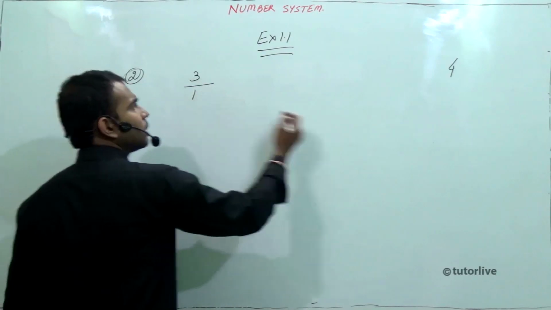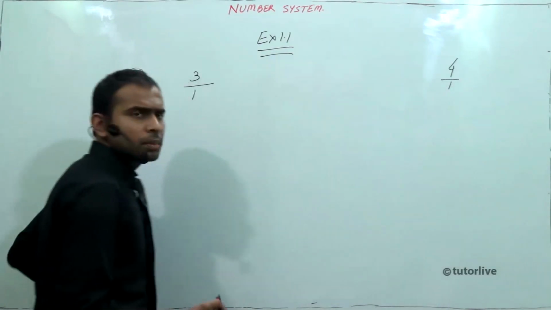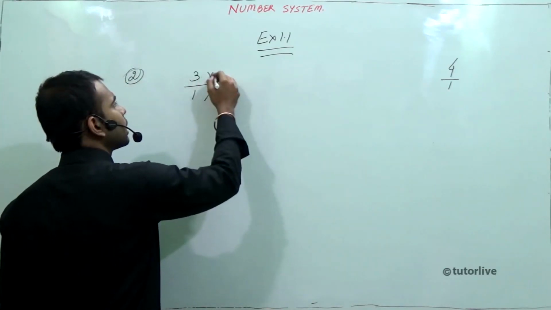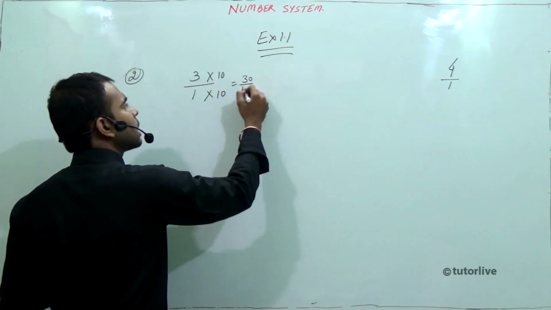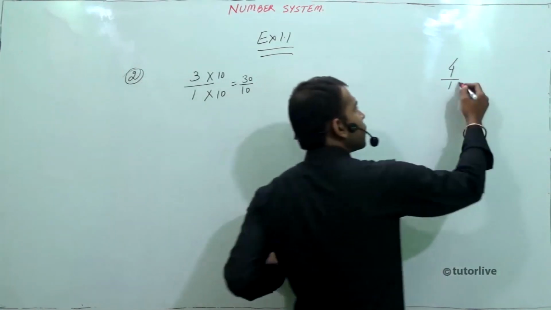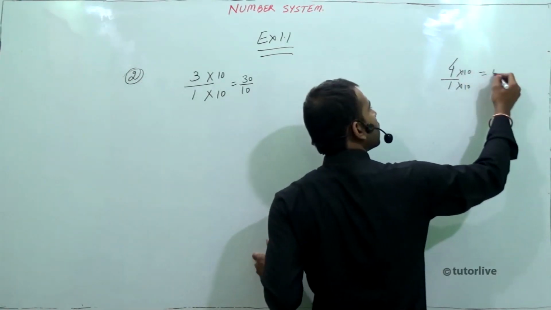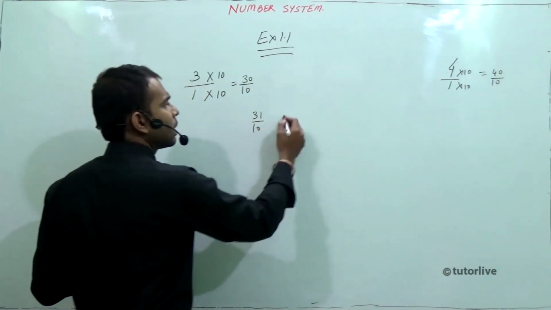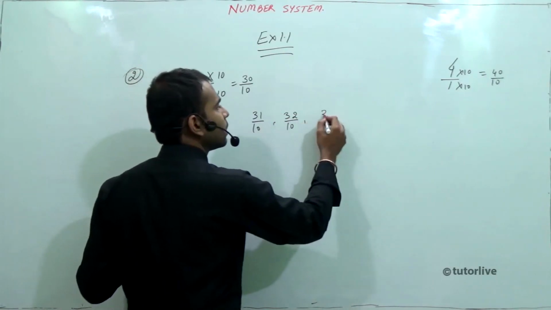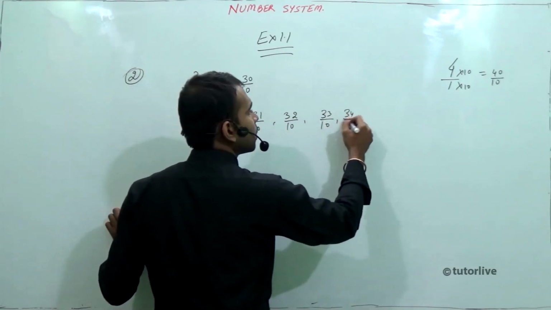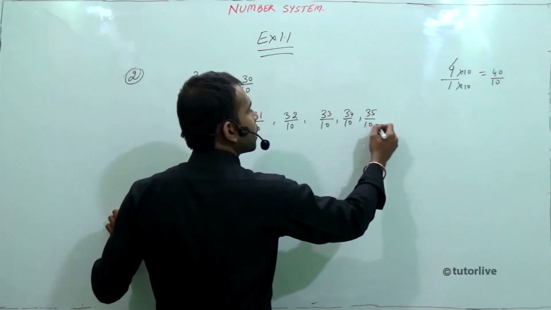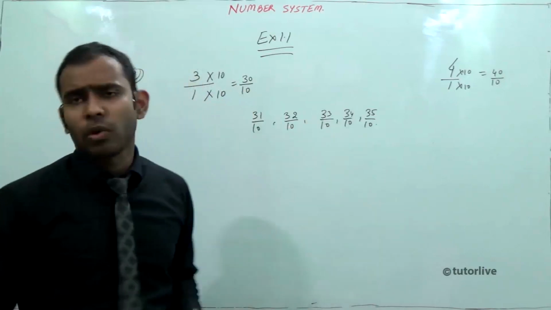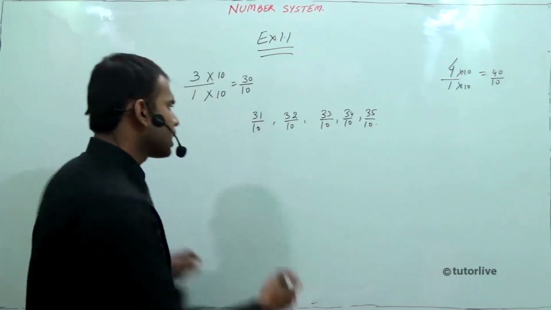3 upon 1, 4 upon 1. This is one. We have to put in 5 rational numbers. What we do is that we multiply the denominator by 10 and the numerator by 10. The question remains the same. 30 upon 10 is 3. The same in here, into 10 into 10, 40 upon 10. Now, can we write rational numbers in between? 31 upon 10, 32 upon 10, 33 upon 10, 34 upon 10, 35 upon 10. That is again the 5 rational numbers, and it's your choice if you want to go with this method, or the alternate method is